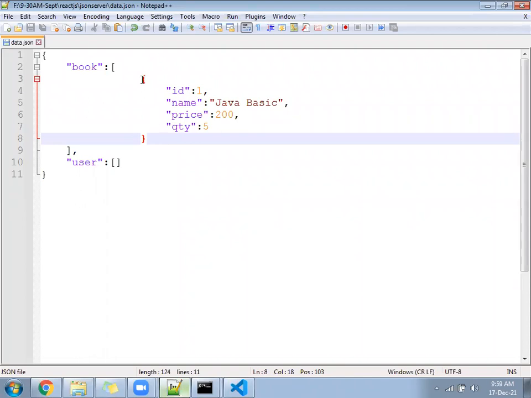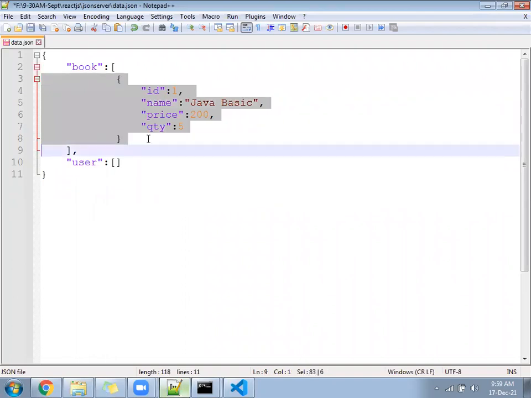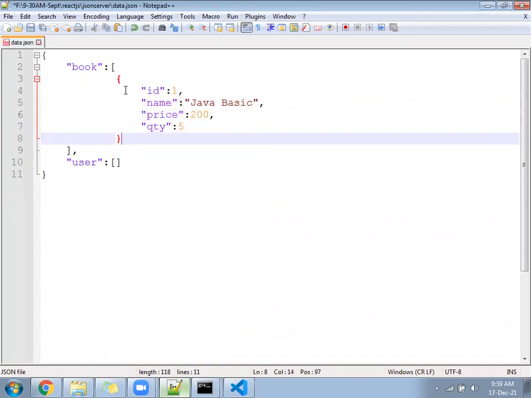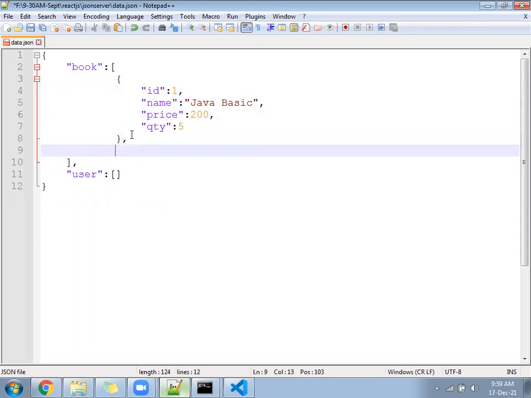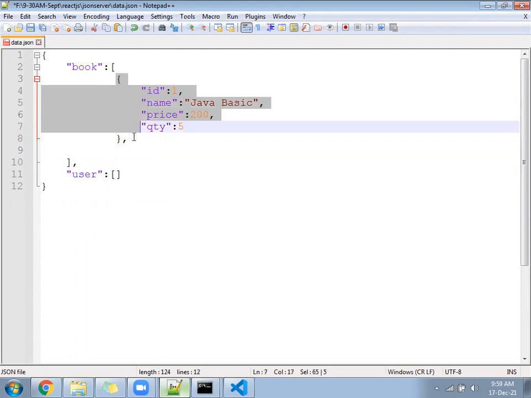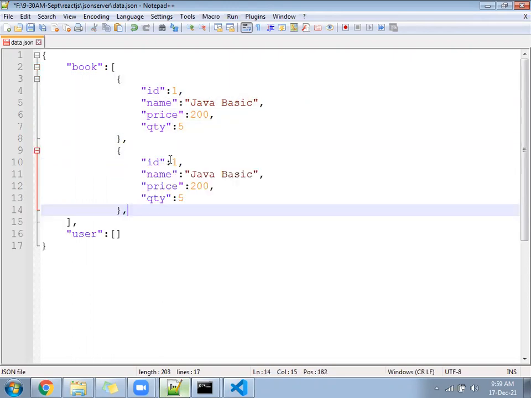Inside the book array, how many elements? One element. It has the properties ID, name, price, and quantity. Copy, paste here. Change the ID.